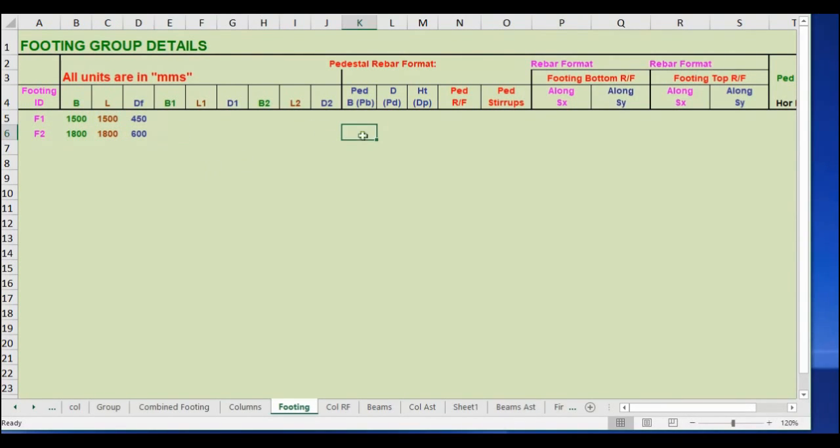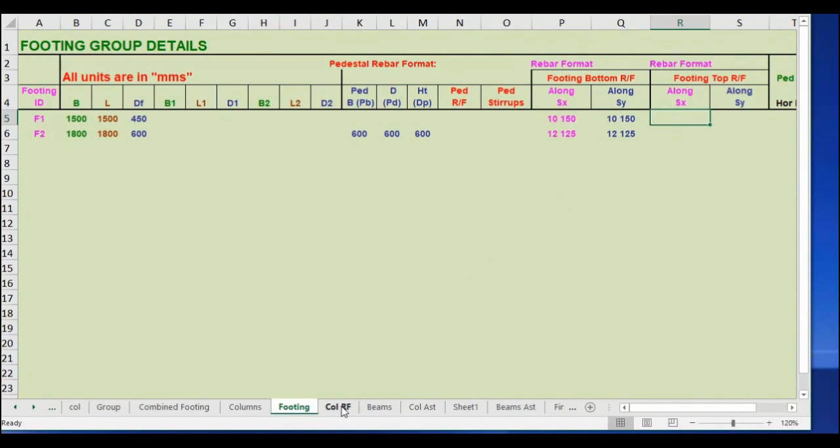For F2 I am assigning a pedestal of 600 by 600 by 600 mm depth. I am assigning footing bottom reinforcement 10 at 150 mm center to center in both ways. For F2 I am assigning 12 at 125 mm center to center in both ways. If you have top reinforcement you can assign it here.